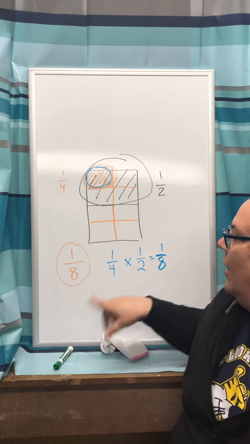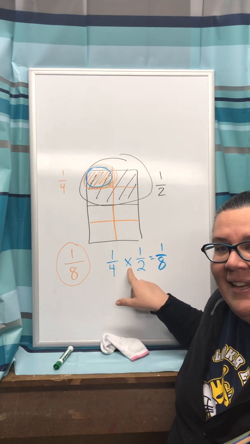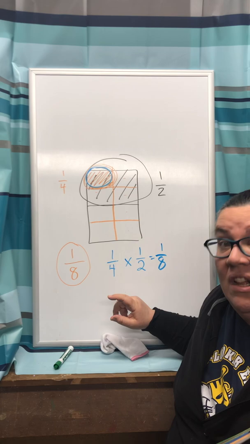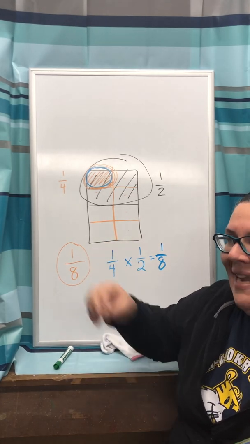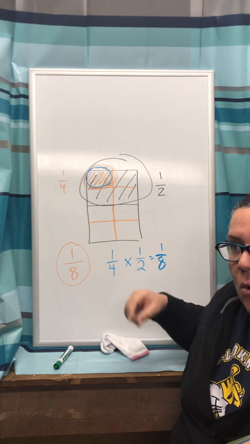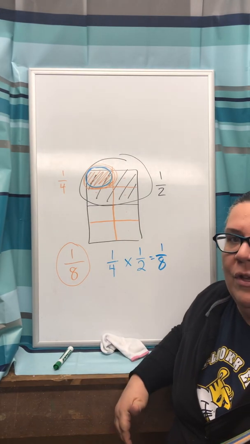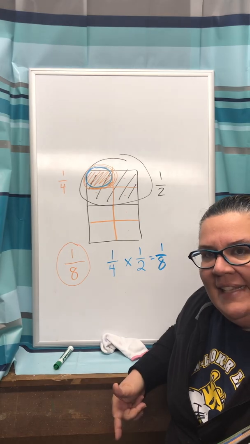But remember, again, the multiplication sign is interchangeable with that word of. So I'm saying a quarter of a piece, which is the half, a quarter of a half. So I end up with a smaller portion. I hope that explains that. I'm going to also